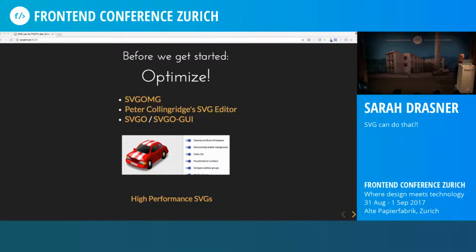Pretty nice. Peter Collingridge's SVG editor is kind of like an old school Rails app that's been experimental for 8 years. I still love it. You should check it out. And if you're more comfortable with your terminal, SVGO is the terminal-based one, but I would suggest pairing it with the SVGO GUI because the way that you optimize can actually change those graphics, so you kind of need to